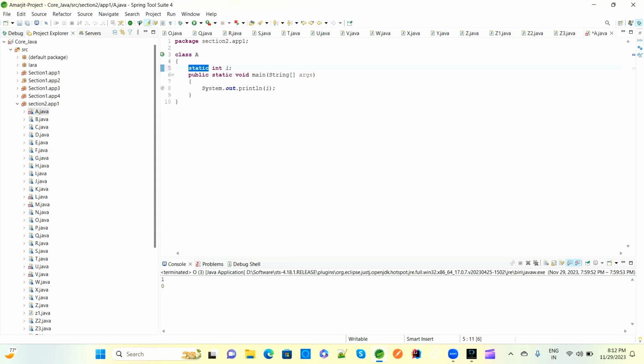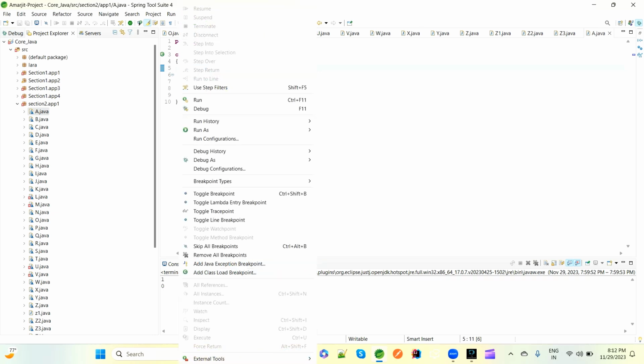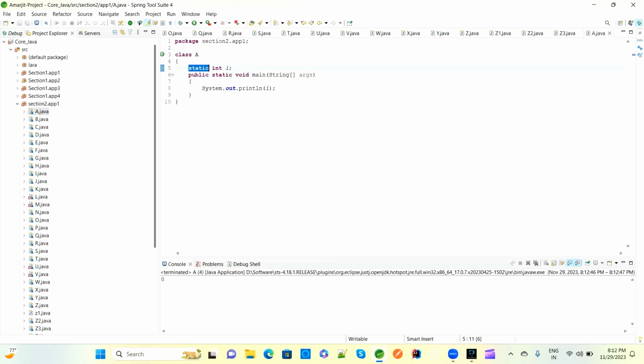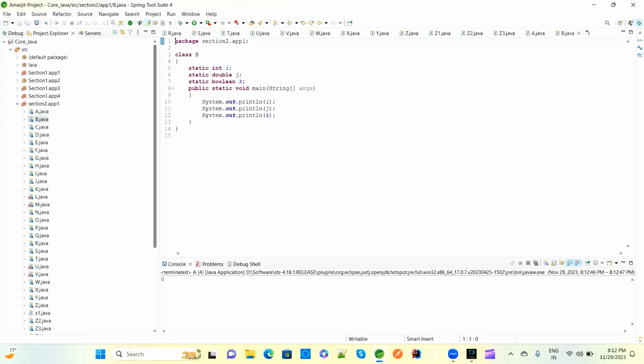So here the default value will be 0. If you run this program, a static int should have the default value 0. Class B has multiple variables: integer, double, and boolean. Integer has not been declared any value, so these are all static variables. Once the class is loaded, all the static variables will be loaded, and the default value should be